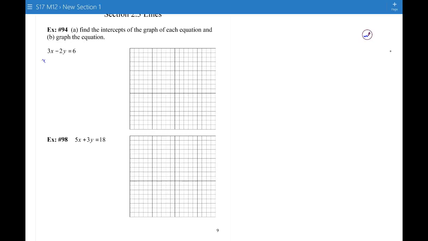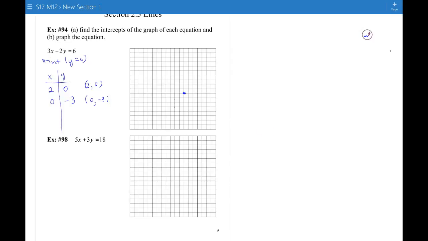So first let's find the x-intercept by setting y equal to 0. And I actually do it like this. I say x and y. Let me set y equal to 0, and hopefully you can do this in your head. When y is 0, x is 2. And then when x is 0, y is negative 3. So the point (2, 0) has to be on the graph, and the point (0, -3) has to be